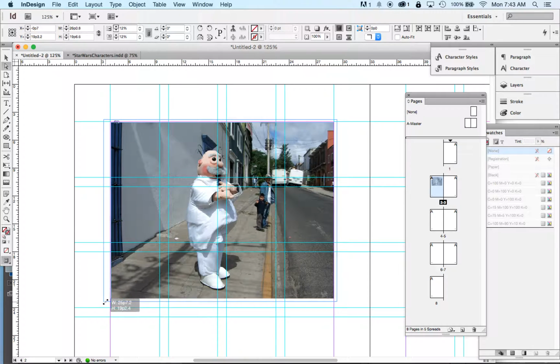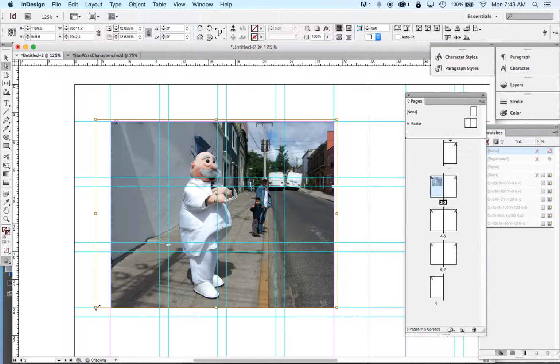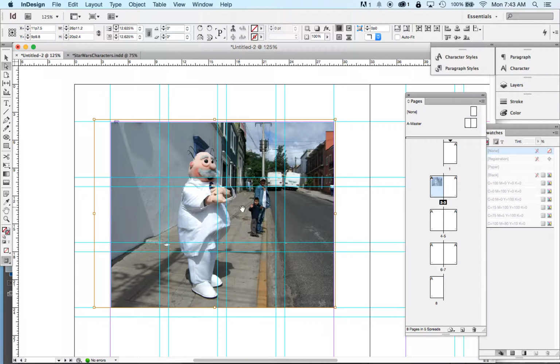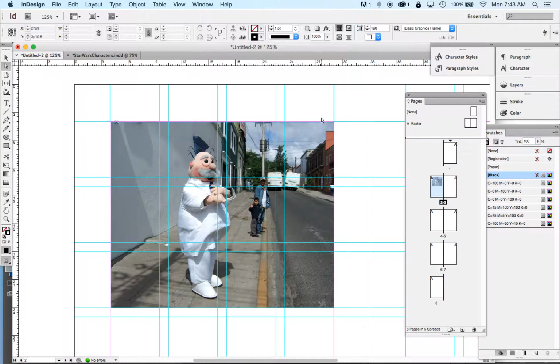I want to bring it up a little bit more in size so that it fills the entire height of my box. All right, and then there is